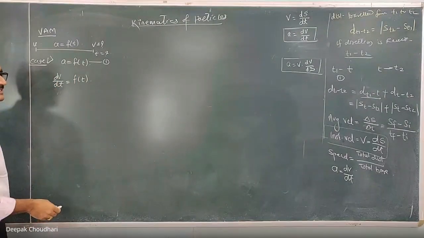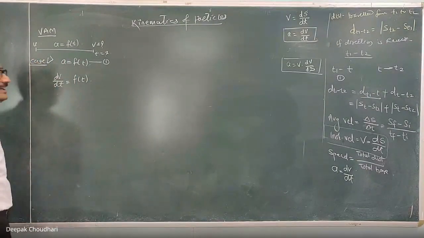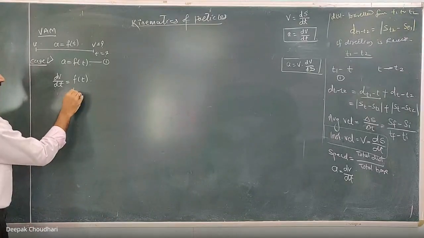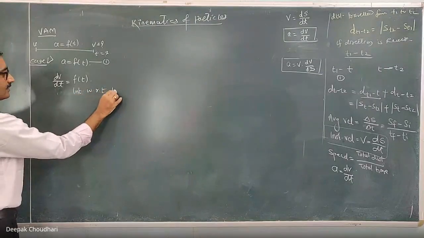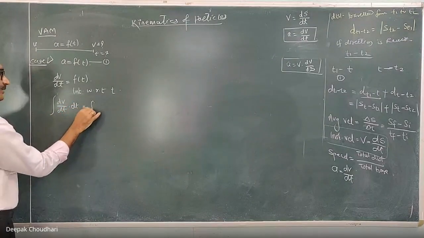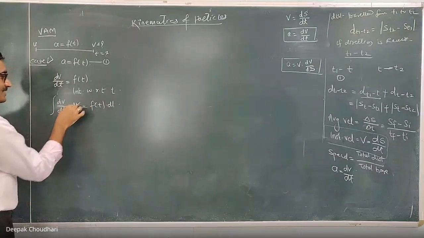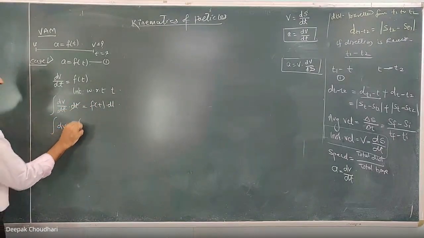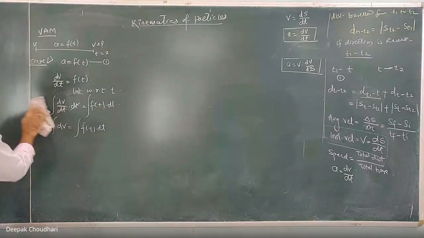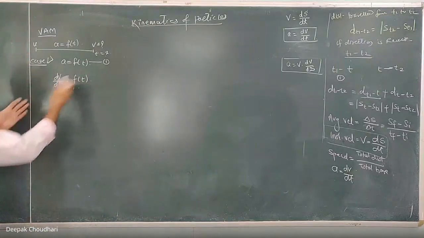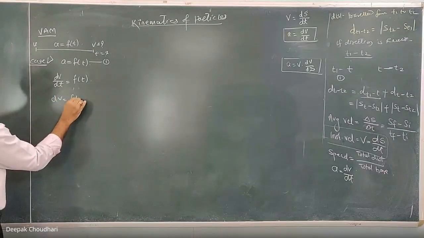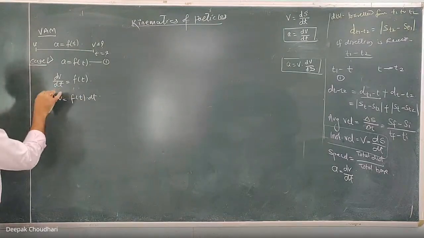Now separate the variables. Or this equation itself you can integrate with respect to t. That will also do. Integrating with respect to t, the equation becomes integration of dv by dt into dt equal to f of t into dt. So this dt gets cancelled and you will get integration of dv equal to integration of f of t dt. Or what I can do, separate the variables. Separate the variables means v का term एक side में ले लो, t का term एक side में ले लो. Clear? So dv equal to f of t into dt, and then integrating both sides.